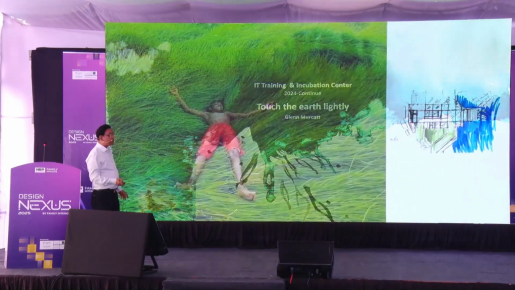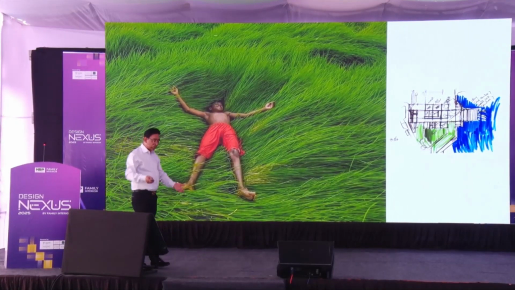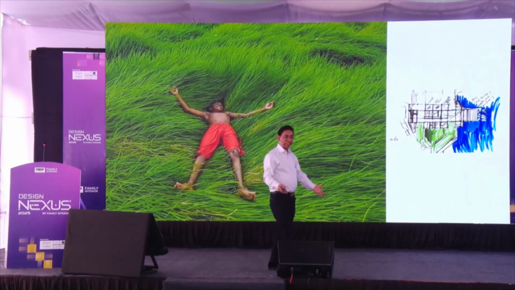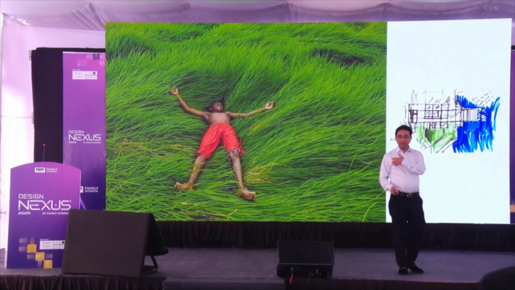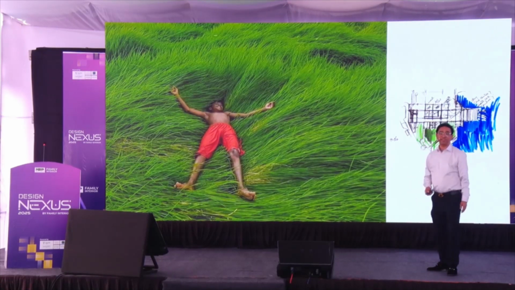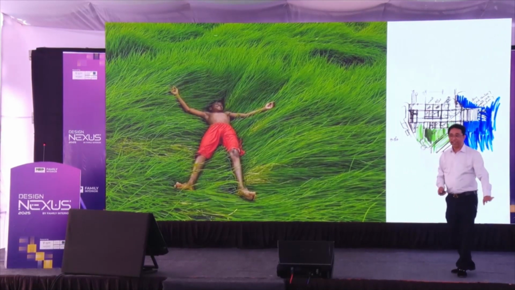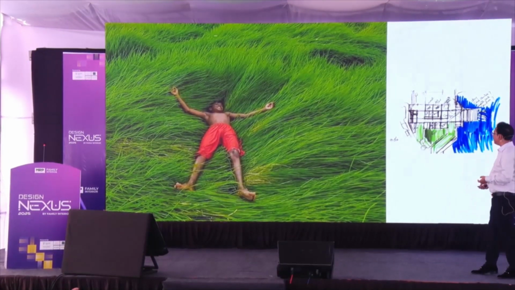So we are doing a couple of projects, like Glenn Murcutt says, touch the earth lightly. When we do architecture, we basically try to destroy the land. So if we do something like this, a boy is happily rolling down the beautiful soft landscape, and none of them is actually destroying anyone. They're complementary to each other, they're enjoying each other. So we tried, why not put things very humbly, very gently.